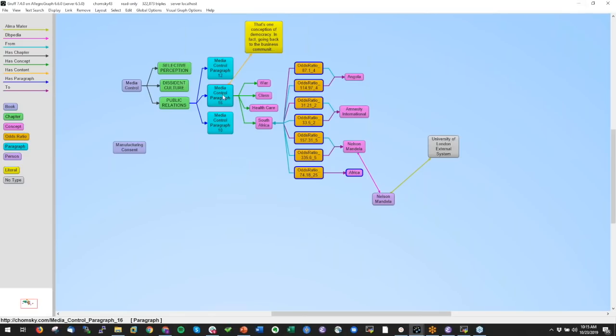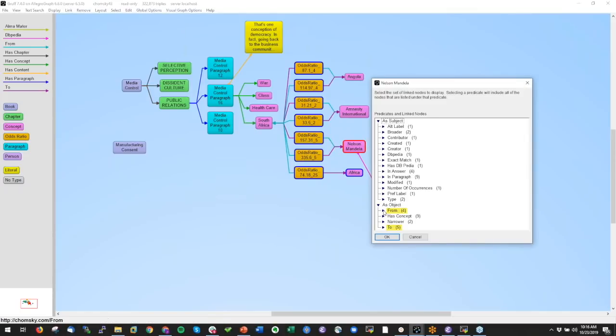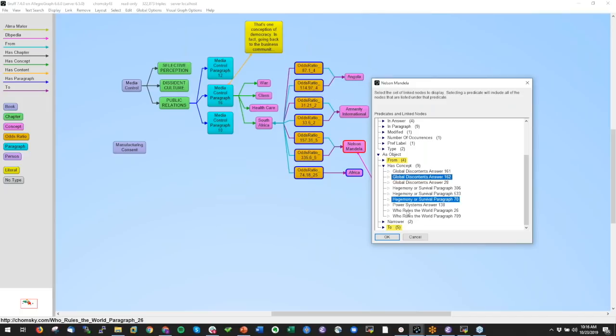We use that taxonomy then to get all the important concepts out of a chapter. So we get a few of them: war, class, healthcare, South Africa. Then if Noam Chomsky talks about South Africa, he also usually will talk about some other concepts. So I just show you the co-occurrence odds ratios from South Africa to other terms. So for example, we find that if people talk about South Africa, then they also talk about Nelson Mandela. Now, of course, he talks in other books about Nelson Mandela.